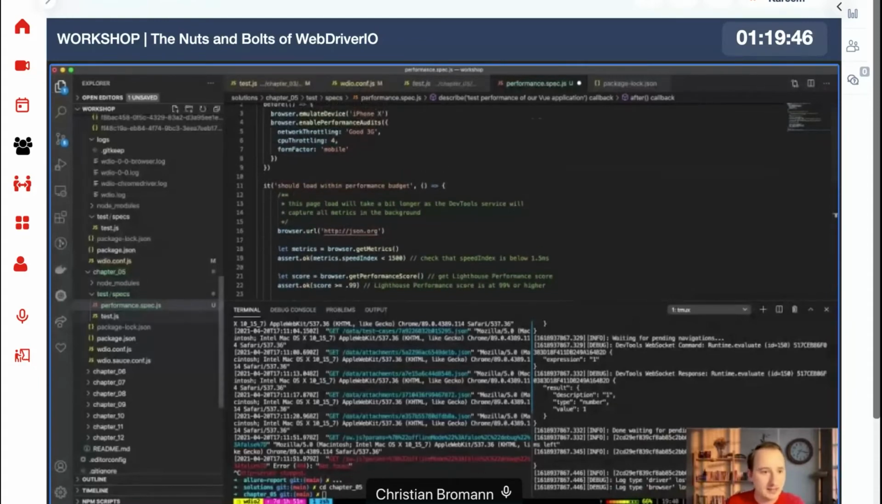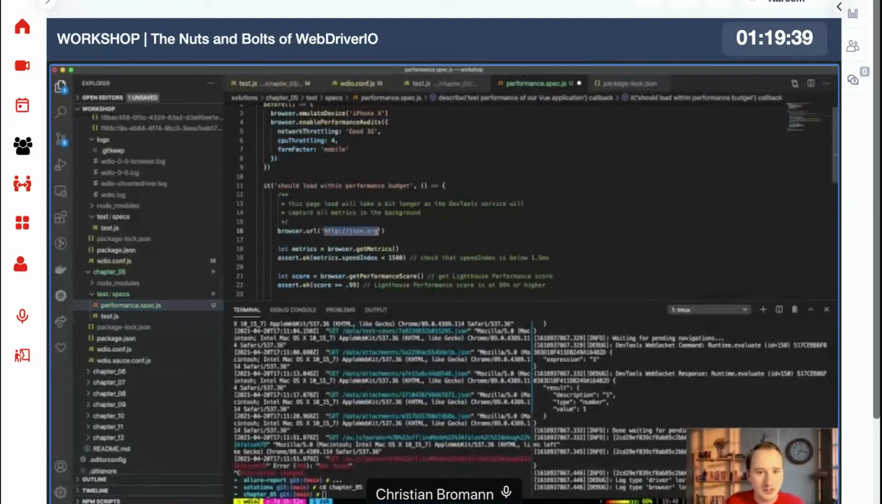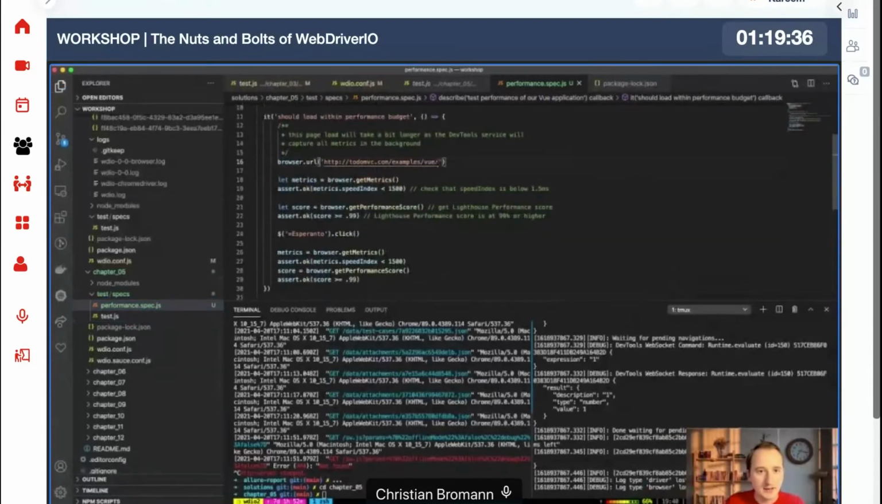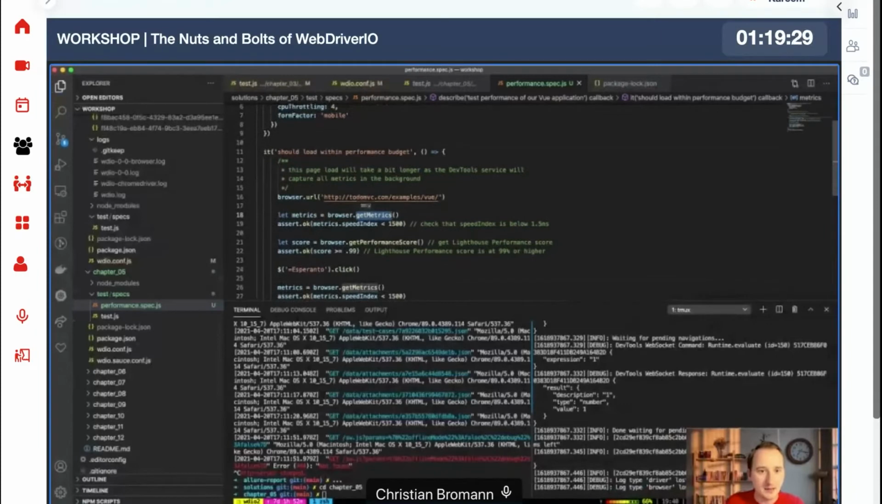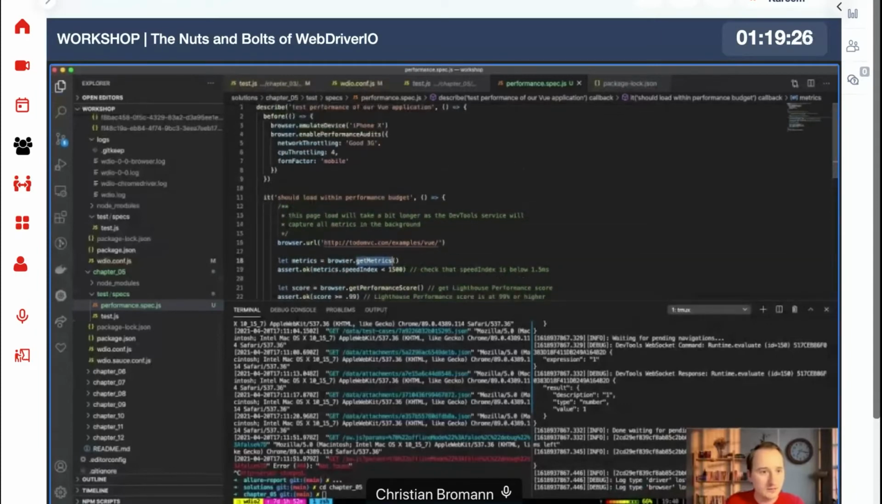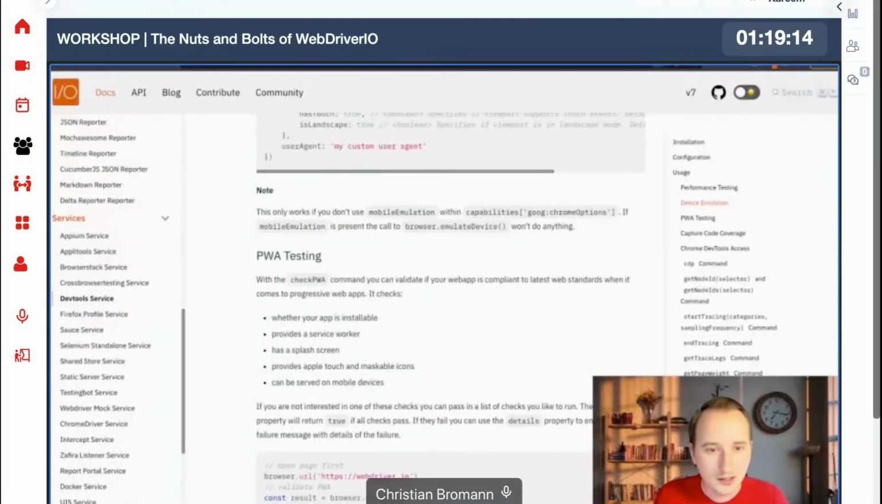So this time, instead of doing JSON.org, we want to do our Vue application, and we have a command called getMetrics that will give us various performance metrics. Let's go into what those are. If we go to the getMetrics command,